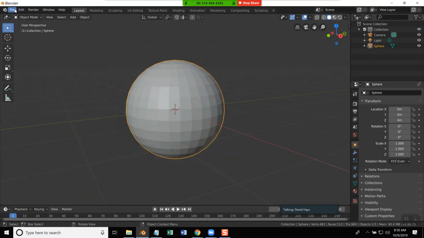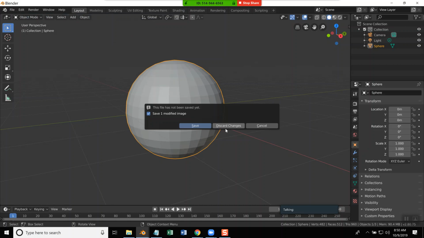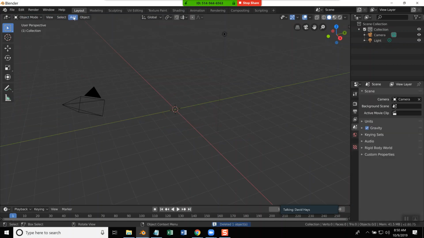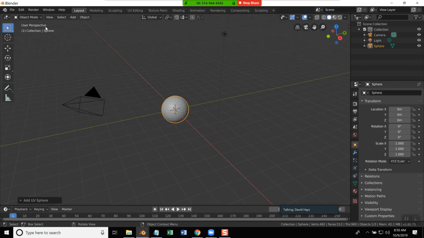That might be kind of interesting. Discard changes. X, delete that. I'm going to add a mesh, UV sphere. So if I was going to create a Pac-Man,